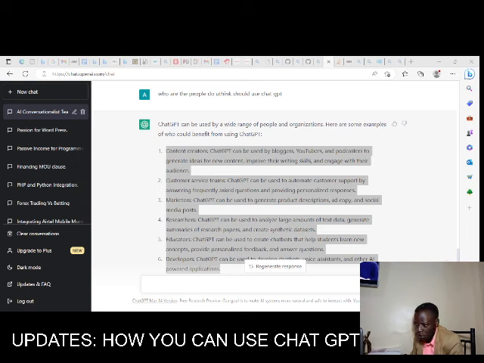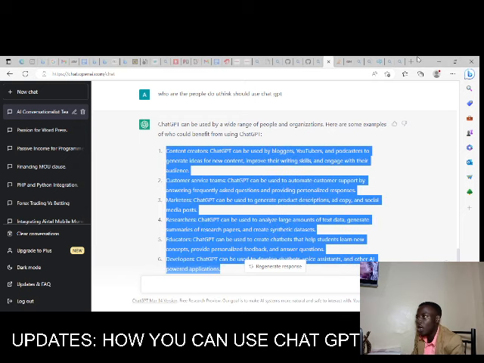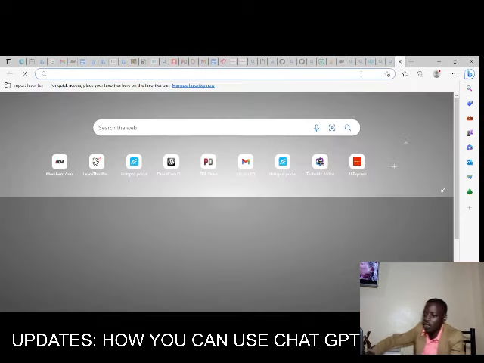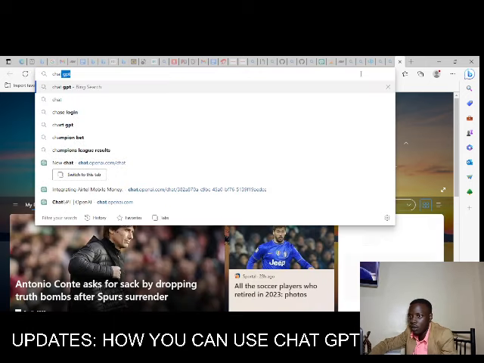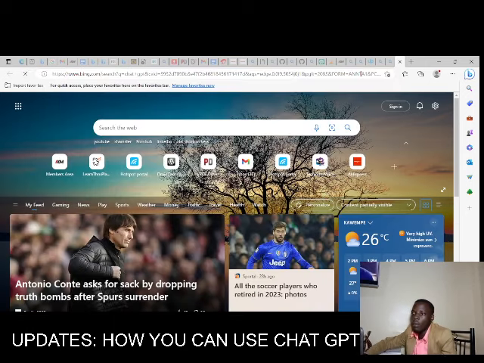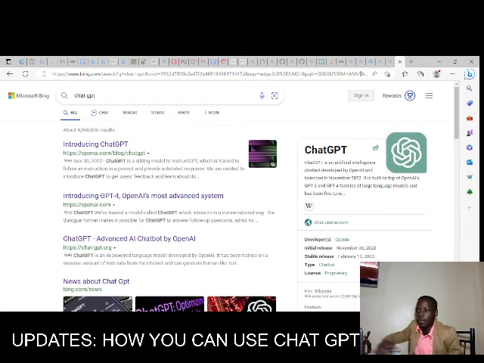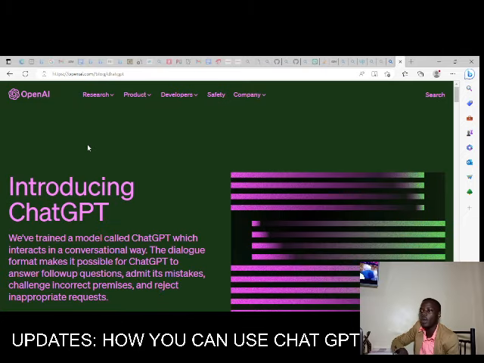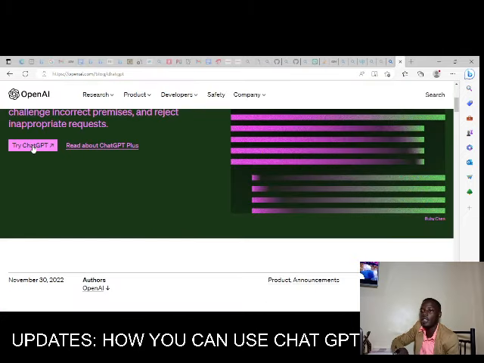To go to the website, you simply go to your Google or search engine and type in ChatGPT. From there, you go to the OpenAI website, where then you try ChatGPT,